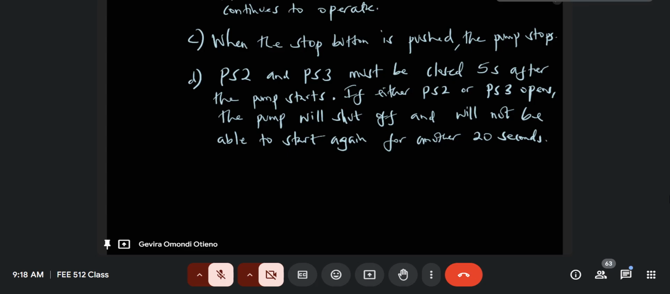Then I'll need to check the condition of PS2 and PS3. If any one of them is open, if any one of them is not closed, then you expect the pump to go off, and it will stay off for 20 seconds. So this is where the off delay timer comes in. Because remember,